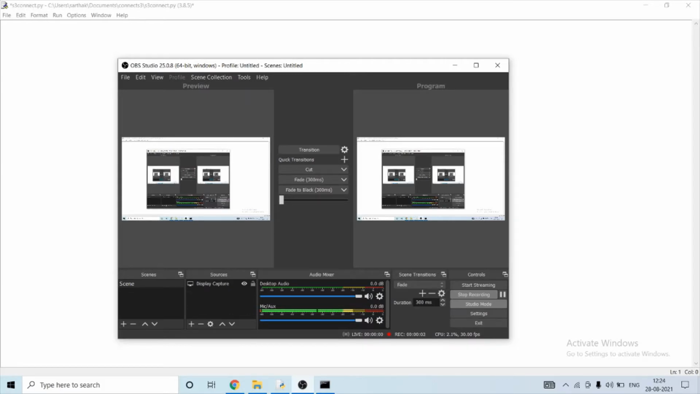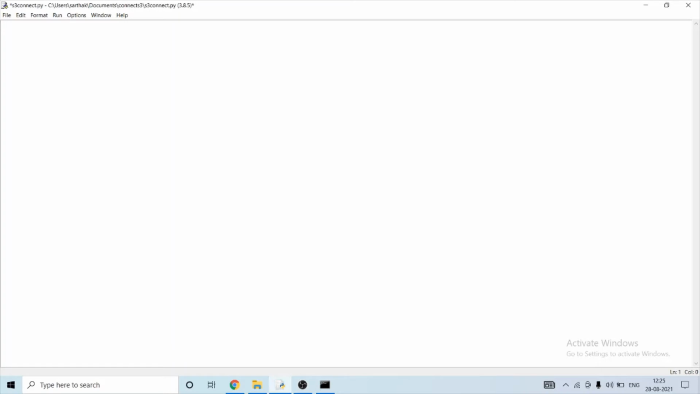Today I'm going to show you how to connect S3 with the Python Boto3 library. Boto3 is a library that enables us to connect with various AWS services. So let's begin. I'm going to import various libraries: Boto3,